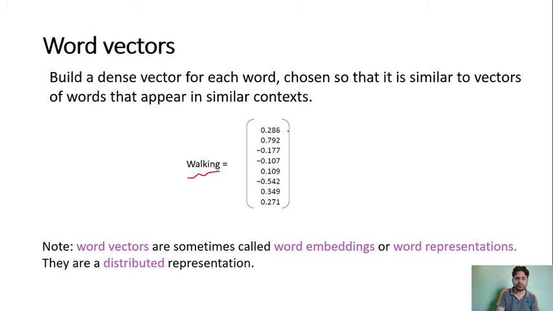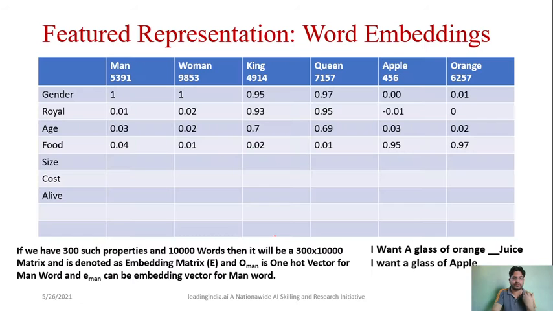So you can say your word is represented by this vector. Let's say the size of this vector is 300. It means it is represented by a vector whose size is 300. So what does 300 mean? They are looking for specific features. So now instead of saying the location of the word, we are saying what the features of that word are, and that we will take care of, right? This is known as the word embedding, or you can say word representation. This is the distributed representation.